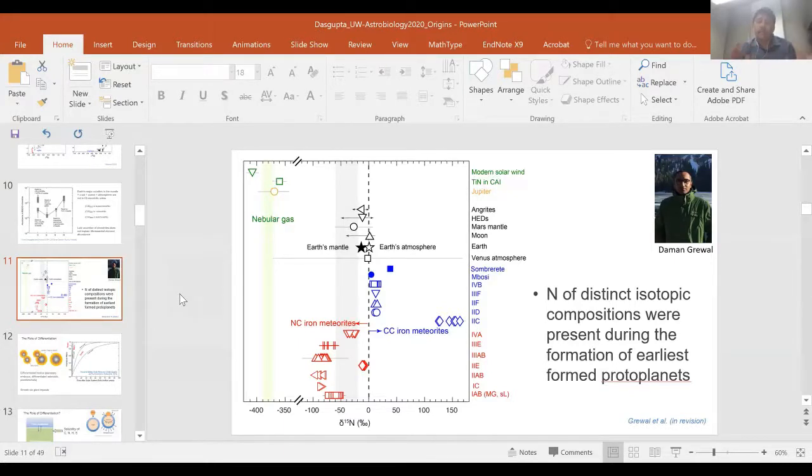Absolutely. I don't want to give too many answers because these are a couple of works that are in the pipeline or in progress, but that's exactly what we are doing. You're absolutely right, these are differentiated bodies. We have the cores basically, where we can measure both the elemental abundances of these volatiles and the isotopes. So one thing we are trying to do is to probe the volatile abundances of these iron meteorites and try to predict what type of